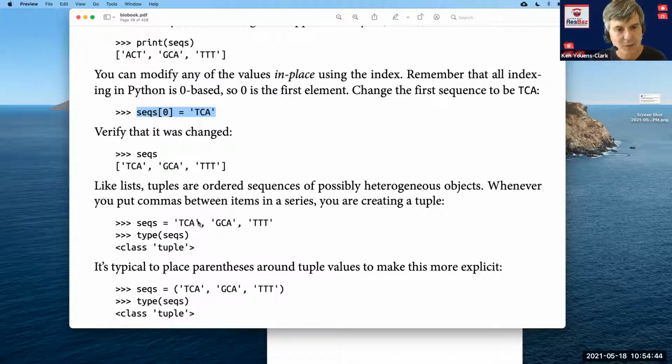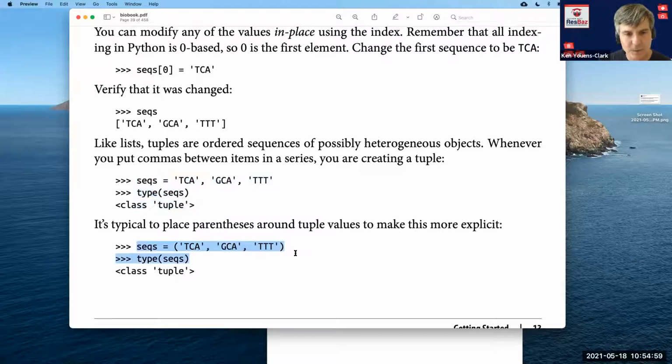It's a little odd that the way to create a tuple is to simply put commas in between things. So I can create a tuple here, and I can look at its type and verify that this is a tuple. But syntactically, most people are used to seeing tuples represented with round brackets or parentheses around them. So that's also a tuple. But it's actually the commas in between the elements that make it a tuple, not the parentheses, as opposed to a list that requires the brackets. That is what makes it a list. So the thing that sets a tuple apart is just the commas.